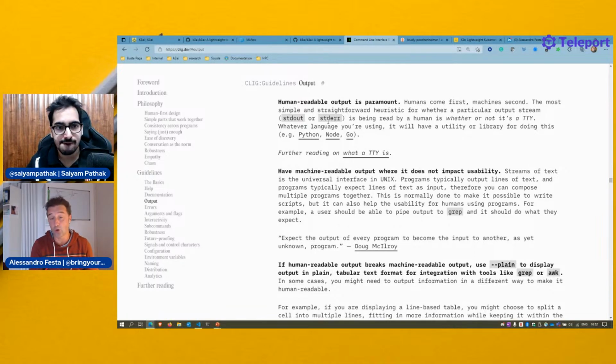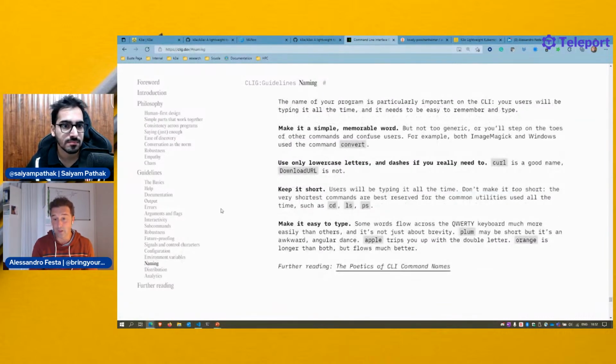In a CLI, you should always have the output in standard error and standard out. So this way, you can get there. Even the naming of things: use names that allow you to recognize them. And in fact,